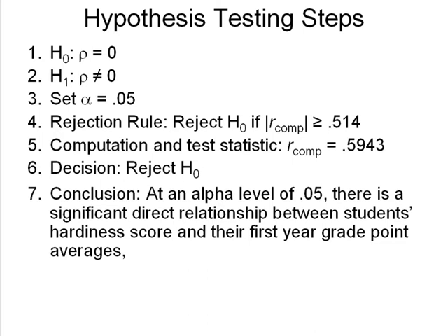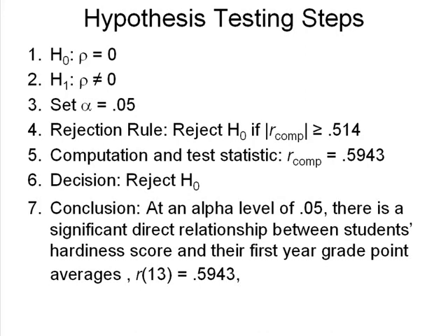Well, we start with at an alpha level, then we say what we found, and next comes the statistical string. The statistical string always starts with telling what kind of statistic we calculated. We calculated an R, and then for R's we have to say what our degrees of freedom are. So let's take a look at that. Our degrees of freedom were 13. Remember, we had 15 pairs of scores minus 2 gave us 13. Now, to get the next thing, we just say what our R value ended up being from step number 5. In our case, it ended up being